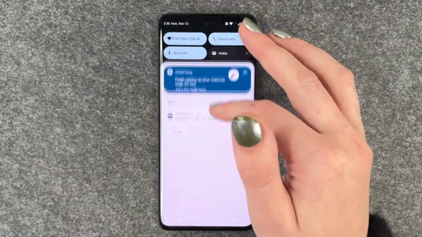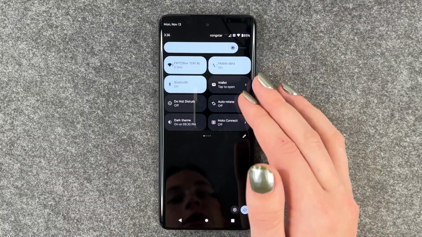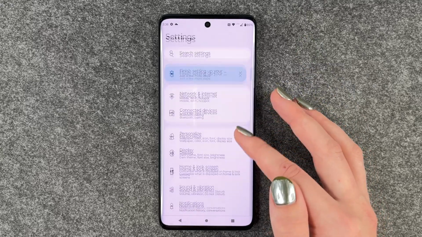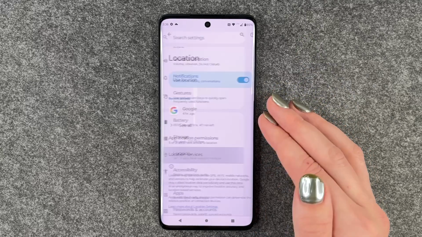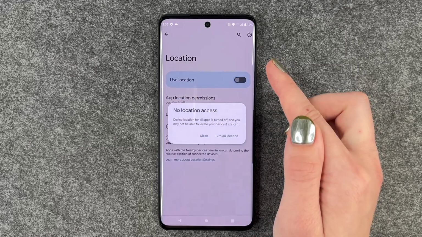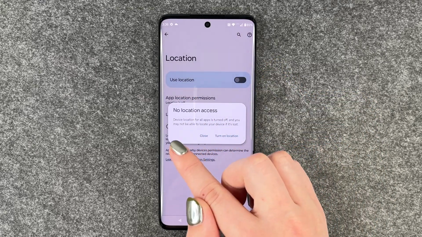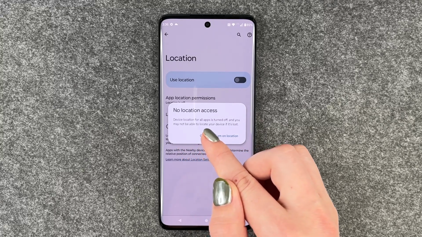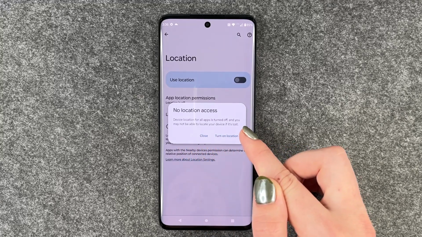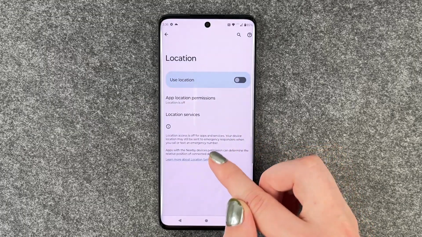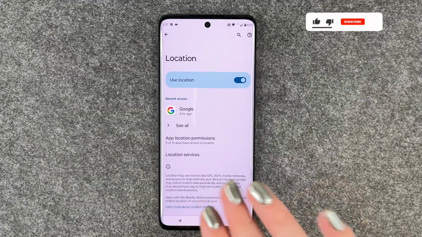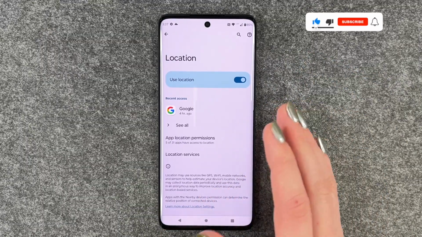Next thing I have is the location, and for that you can go to your settings again, and here you want to go down to location, and right now it's on. If we turn that off, then we get this notification: device location for all apps is turned off, and you may not be able to locate your device if it's lost. Alright, close. So we can turn it back on again, and then our phone is constantly looking for our location,